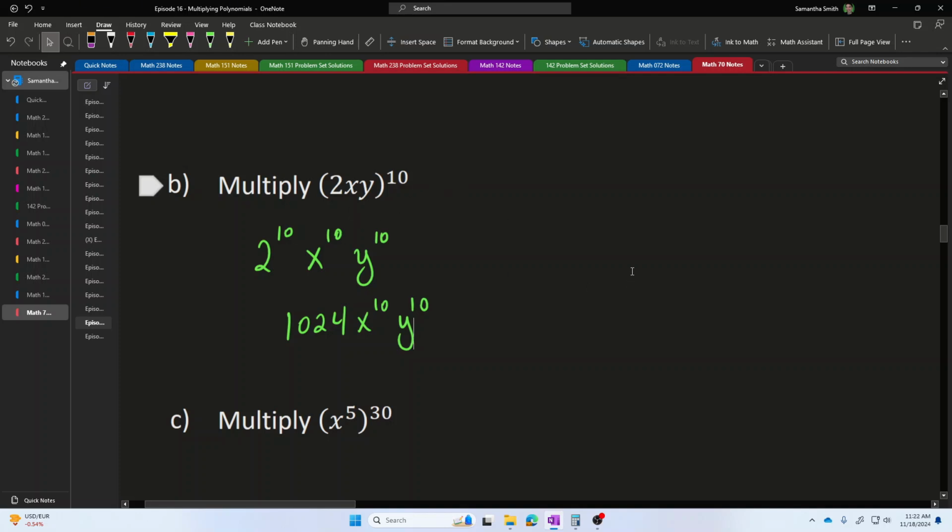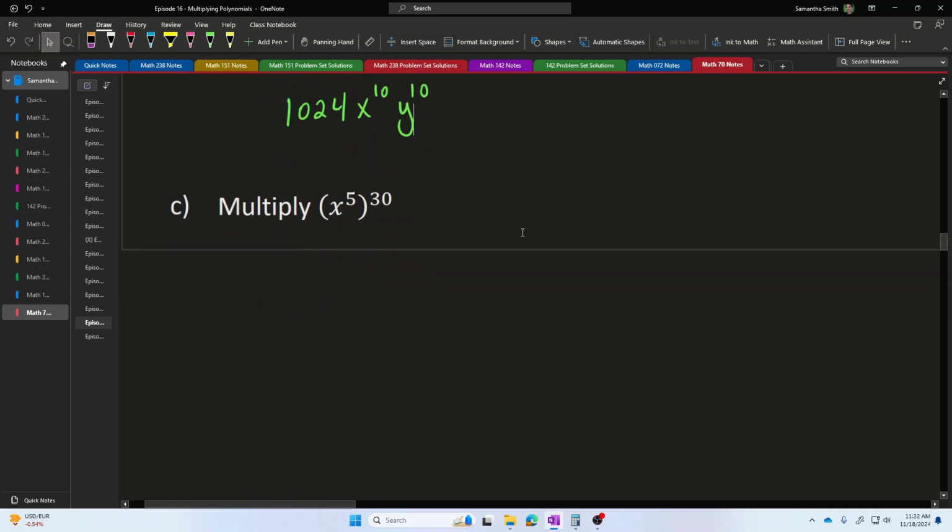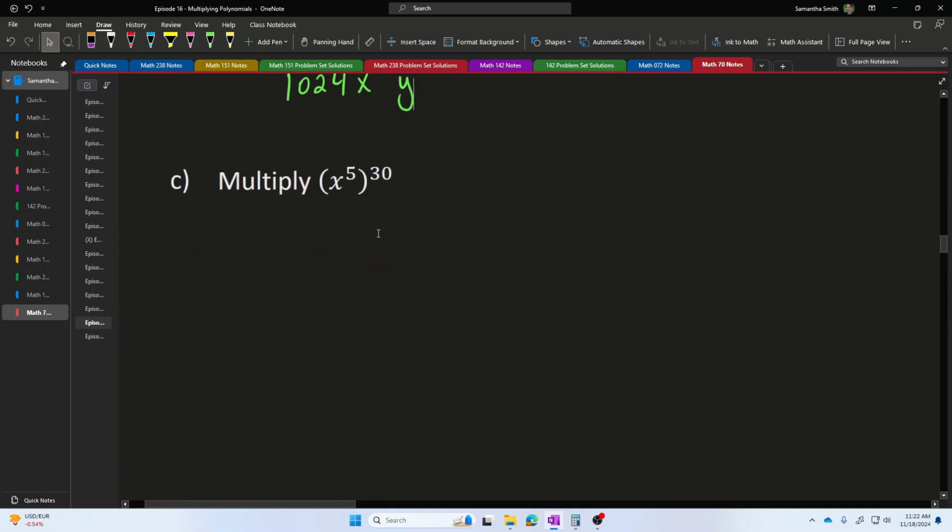And finally, for example, if I wanted to raise x to the fifth power to the power 30, then I do not want to have to write down 30 copies of x to the 5. Instead, I will say that if I have a base raised to a power, and then I take that result and raise it to another power, then that's equivalent to if I just multiply the two powers together. And in this case, I have x to the power 150 as the result.